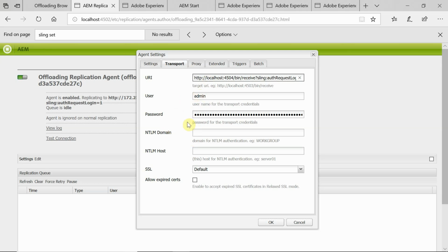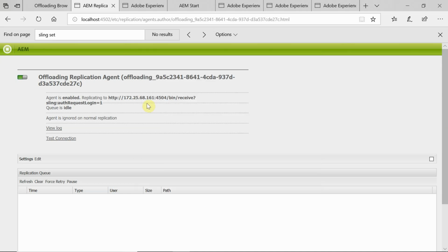For me it's the default, admin user and admin password. If you are connecting with an instance that has different credentials, you can modify them here. One more change: at the end, add another query parameter, binaryless equal to true. This concludes this change.